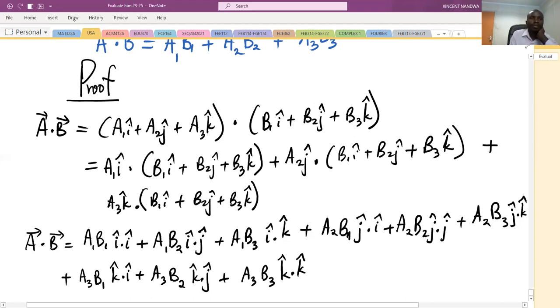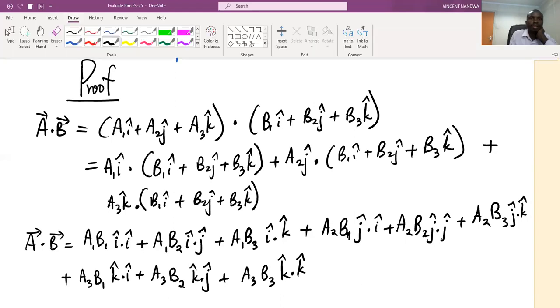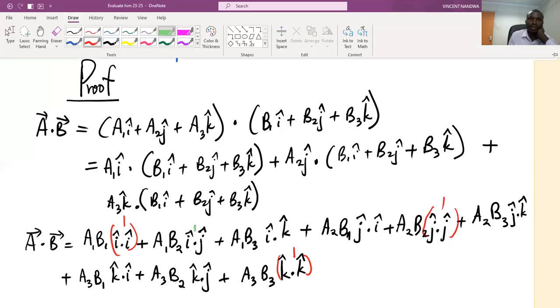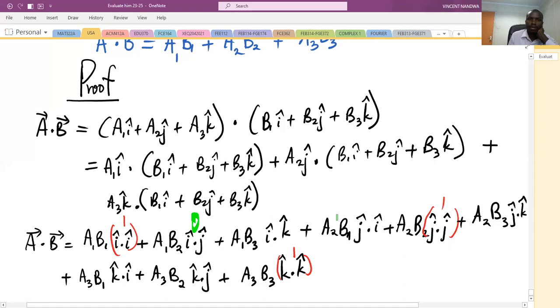And then from the result we obtained in 4, you see clearly that this is 1, this is also 1, this is also 1. But the dot product of different unit vectors will give us 0. So this will be 0, this will be 0, this will be 0, this will be 0, this will be 0, and this will be 0. So therefore, that reduces the result of A dot B